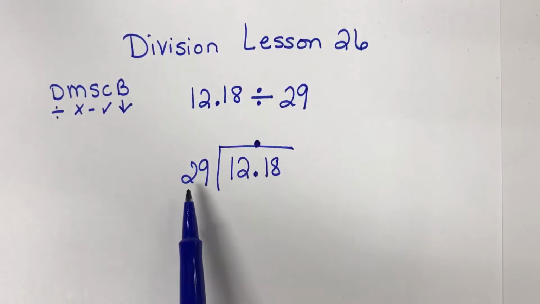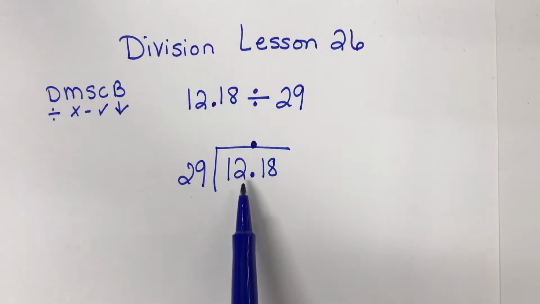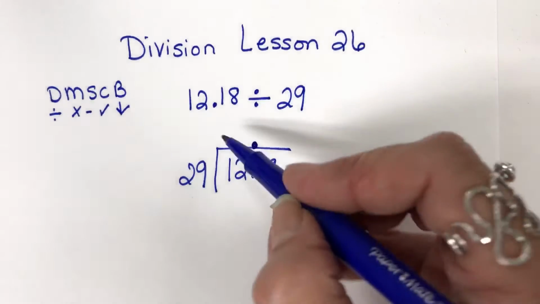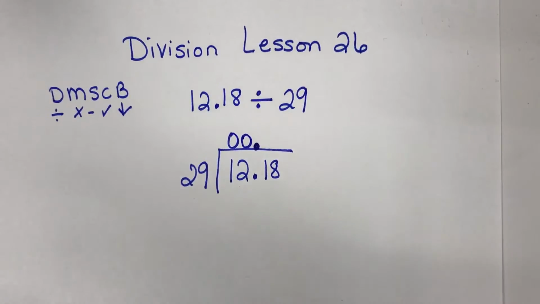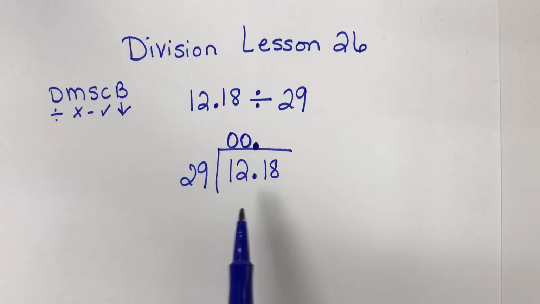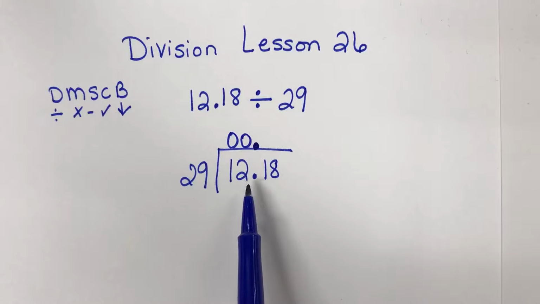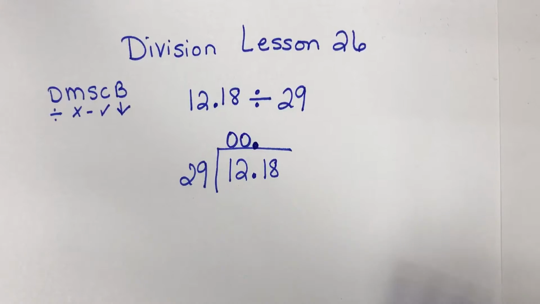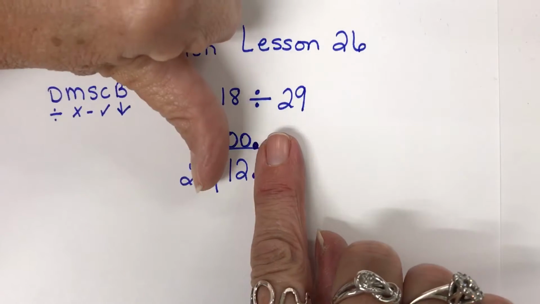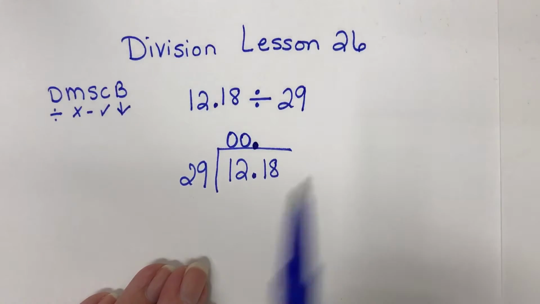Now we need to ask ourselves, can 29 divide into 1? No. Can 29 divide into 12? No. We could put zeros up here because 29 would not go into 1 and it would not divide into 12. So now we're going to have to divide 29 into 121. How many times will 29 go into 121? You could cover up your ones place and think about 2 into 12. It goes 6 times. Well, maybe we should test